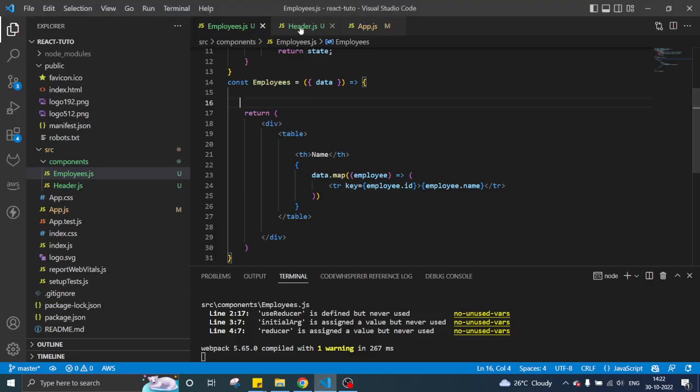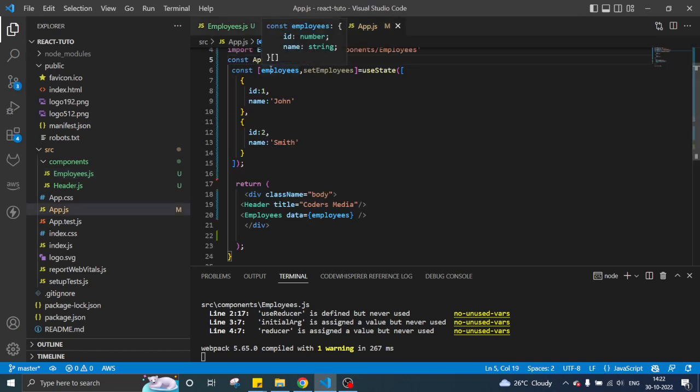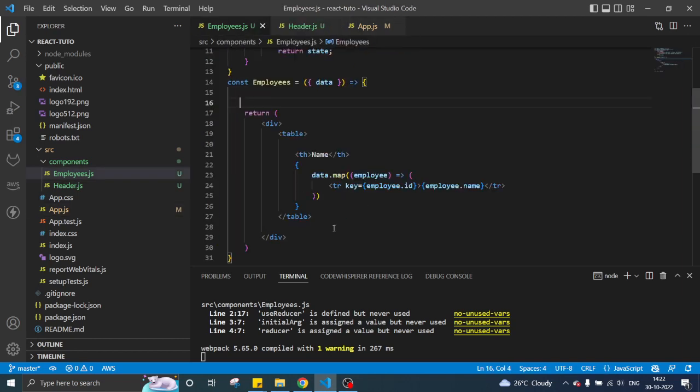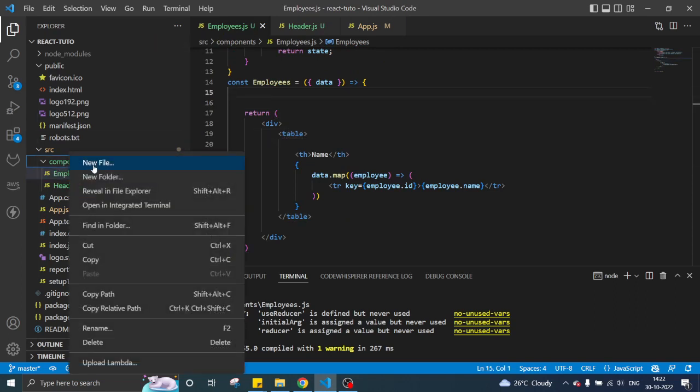Here is a quick overview. In the last session we saw how to do the listing. We have an employee object here, and we tried to bind it in the table. So let's start. Before that, we just go and create a new file called